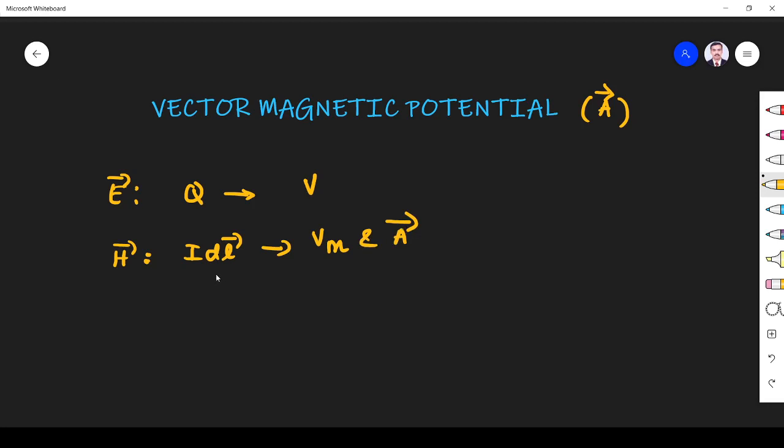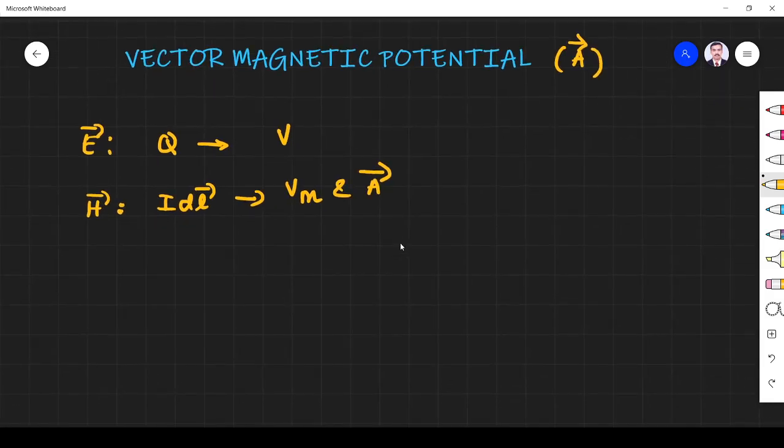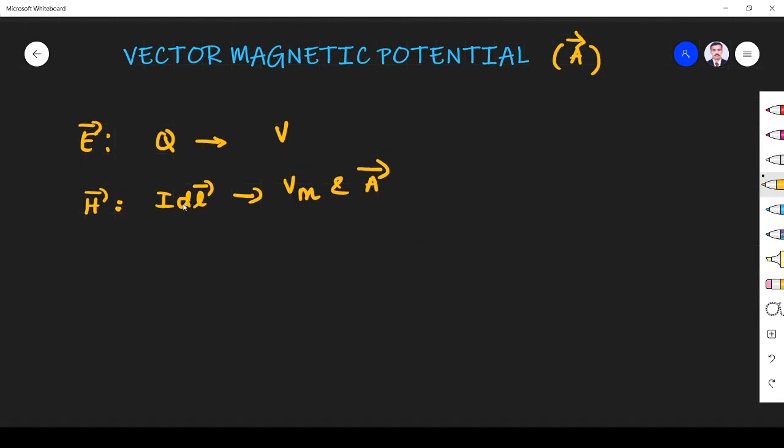Since our source is a vector, it is necessary to add the information about the direction of the source, which is contained in the potential. So the direction of the source is to be included in the potential also. Vector magnetic potential is represented with the symbol A, and it should contain